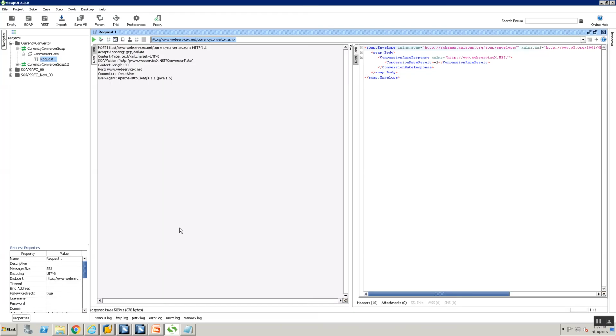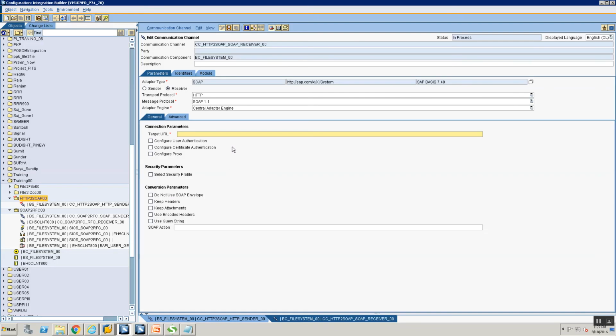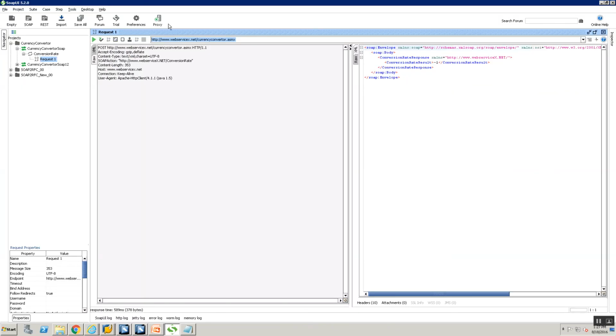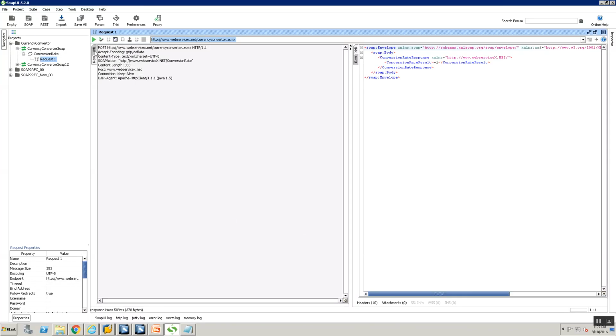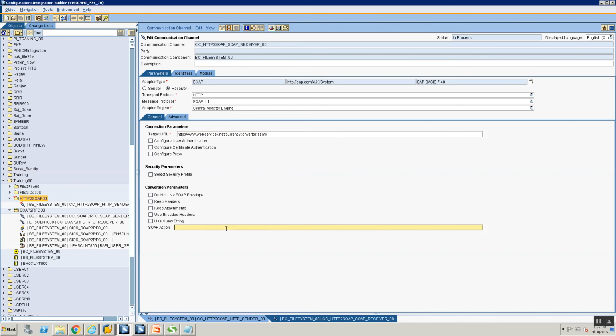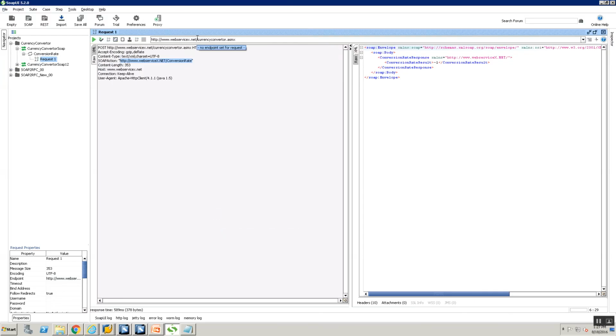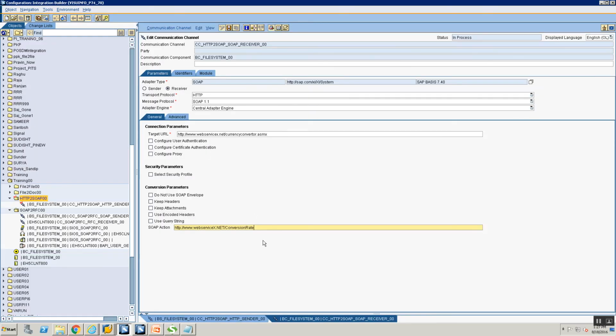Let's go back to SOAP UI. This was the URL to which the web service made the call. So copy the URL from SOAP UI and put it here. What about the SOAP action? Go to the raw message and see if there's a SOAP action. Here in the raw you see SOAP action equal to. Just get the SOAP action without the double quotes. If you see a double quote here, you need not give the double quote. Just take the SOAP action and put it here. Alright, the SOAP URL and the SOAP action, and save this message.